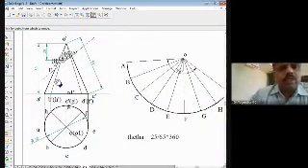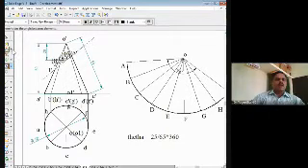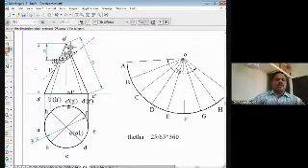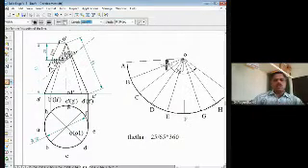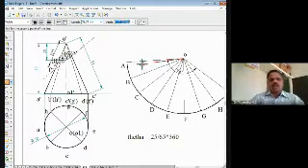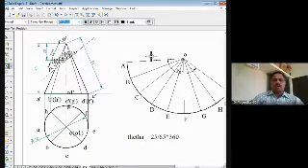These points 1, 2, 3, 4, etc., I have to project onto the true length line. The point 1 dash is directly on the true length line, so no need of projecting again onto the true length line. You can just measure the distance from O dash to 1 dash here. What is that distance? That is 33.31. So you can take the line tool here. Along OA, you measure 33.31, right? That is the point 1 here.